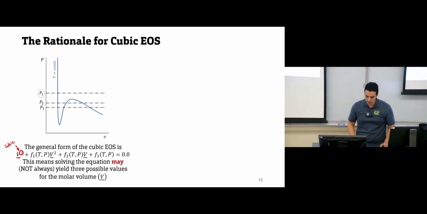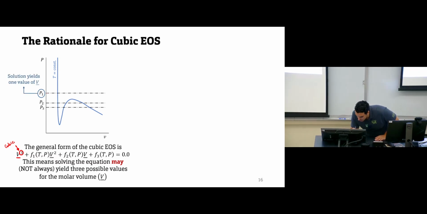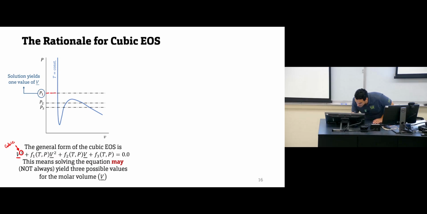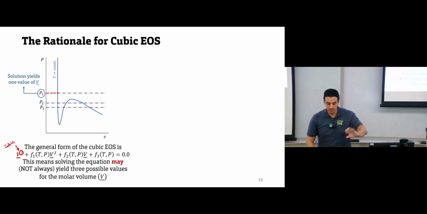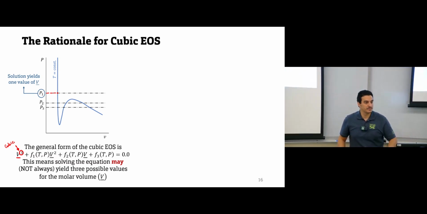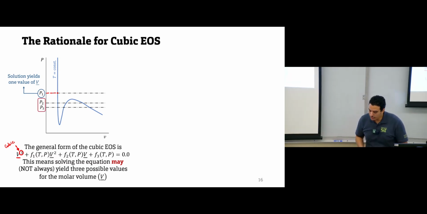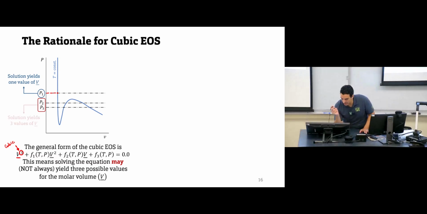So let's start with this one. If we try to solve this cubic equation of state at pressure P1, and cut the plot of the cubic equation of state at this pressure, you will have a single value. Why a single value? Because this part represents a stable phase. So solving the stable part of the cubic equation will give you just one value. Now if you solve it at any other pressure, like P2 or P3, for example,